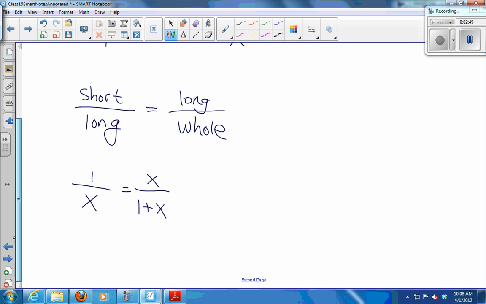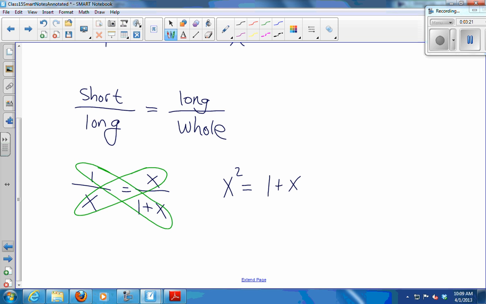Okay. And then I have a proportion. And to solve a proportion, if you remember from previous class, there's more than one way to do it. But one common way that people are taught is to cross multiply. So you multiply the x times the x, and you get x squared. And 1 times 1 plus x would be what? 1 plus x. Anything times 1 is the thing. So this equation,